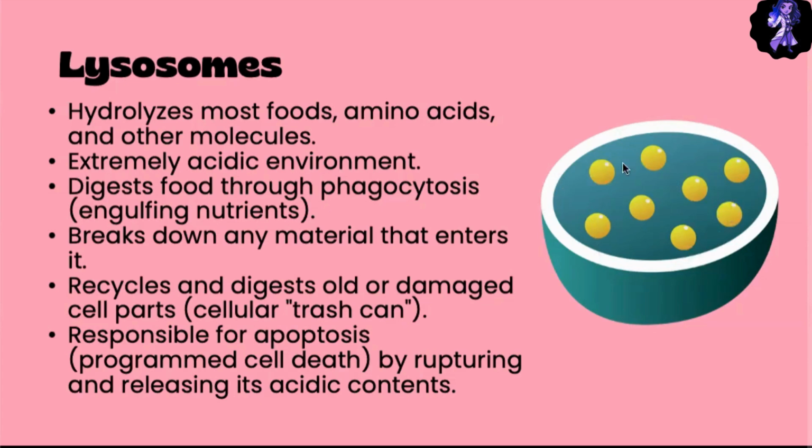The lysosome basically recycles and digests and sees what it can reuse back in the cell or what needs to go. It is also associated with apoptosis. Apoptosis is another way of saying programmed cell death. Fun fact for you, all cells need to die. The reason why is because it allows for new cells to be produced. So each cell has a life cycle, and that is called apoptosis. And that allows the cell to rupture and release acidic content. If we don't have apoptosis, you could have other issues, such as, in some cases,